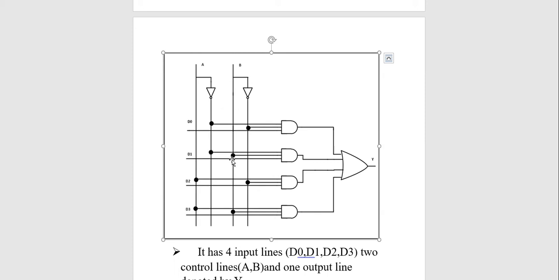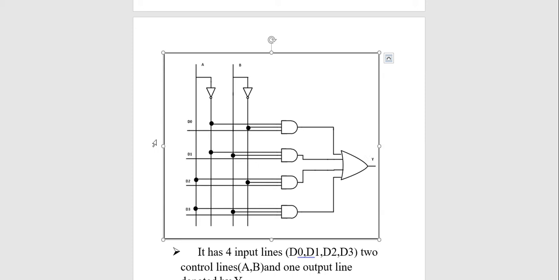B is not inverted. At that time the remaining AND gates, that is D0, D2 and D3, will be disabled. Whatever output is generated by the D1 input will be given to the OR gate, and the respective output will be given by the OR gate.